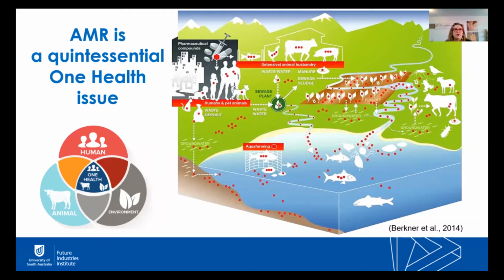So AMR is a quintessential One Health issue. One Health is an approach which recognizes that the health of people is connected to the health of animals and the environment. AMR has a clear link to each of these three domains, as antibiotics are used, even if at a low level, in animal production, and subtherapeutic doses of those are given as well to aquaculture